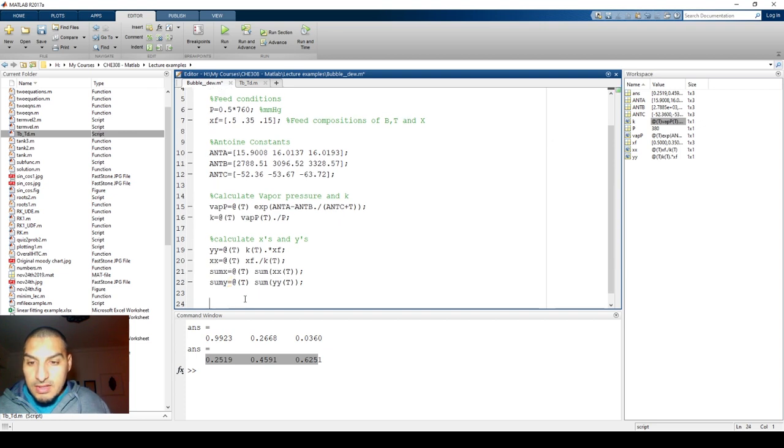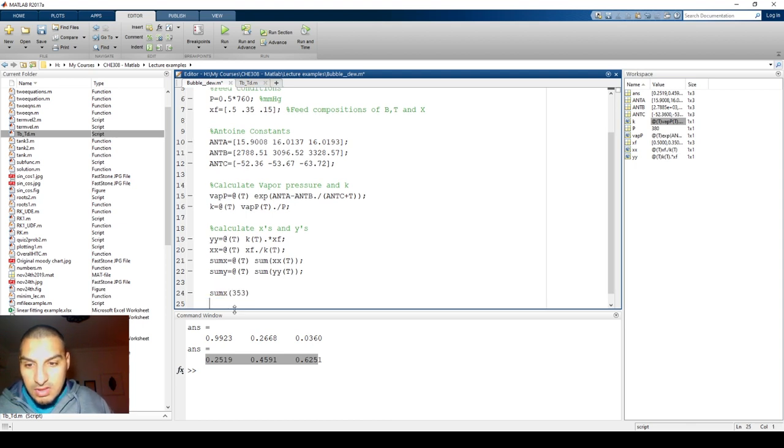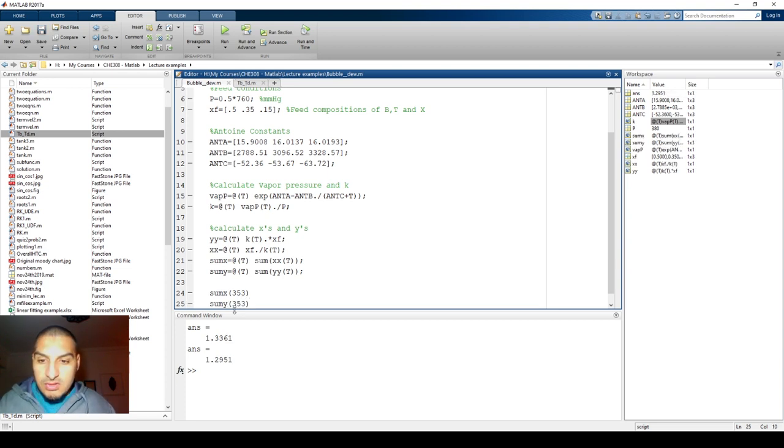and then I can do the last step, which is the fsolve. Again, I want to check that nothing is wrong here, so I put some x of 353 and some y of 353 and run the file. Everything is fine, so I have no problem now. The last step is going to be doing iterations,